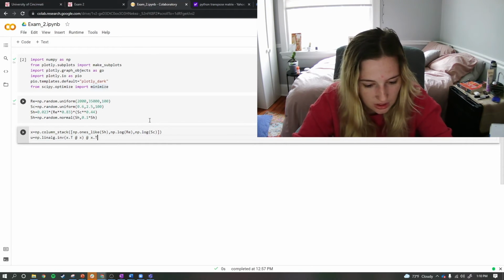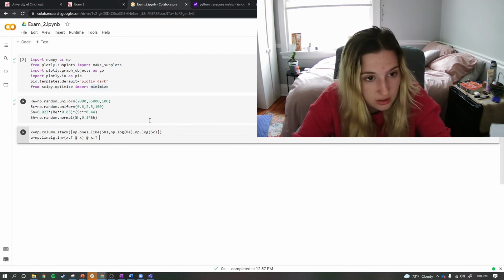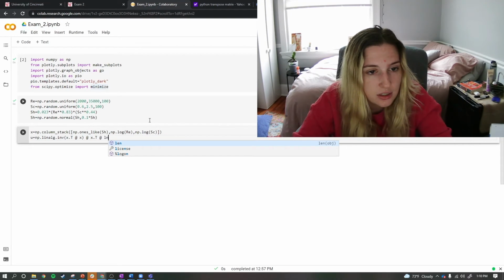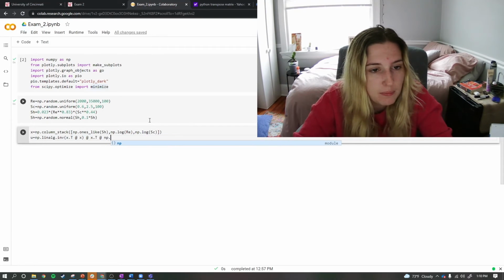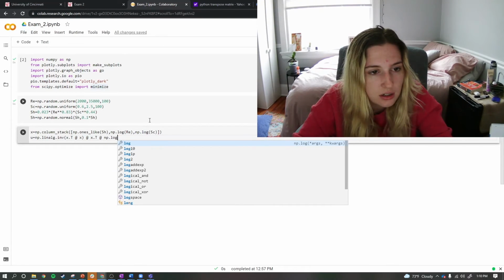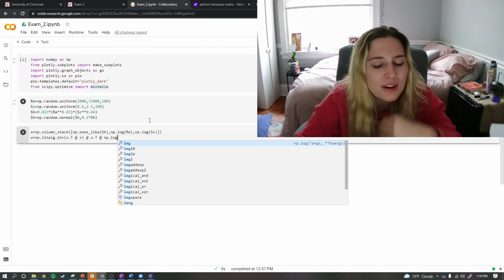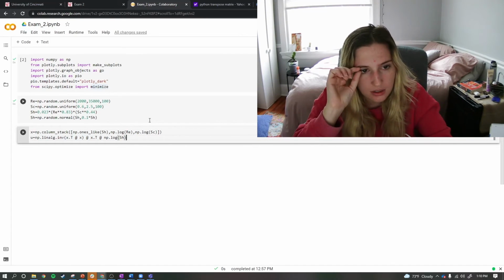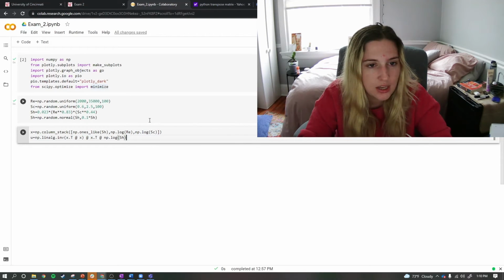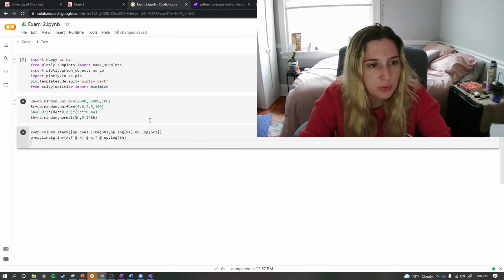The natural log, I'm looking at my whiteboard here, which is going to be numpy.log. Wait, is that right? Yeah, it was a Sherwood number. Let's see if that works. So let's see if that works, and do print,